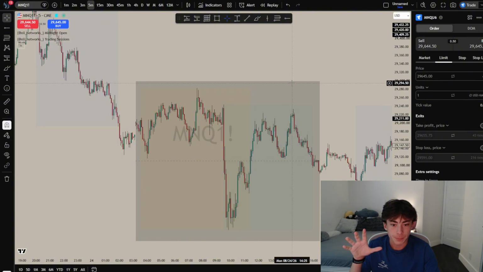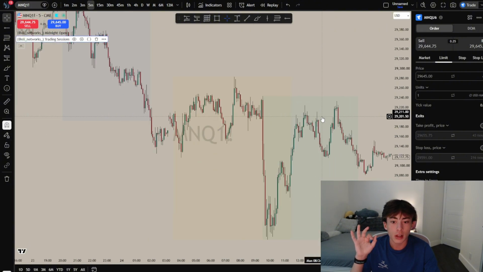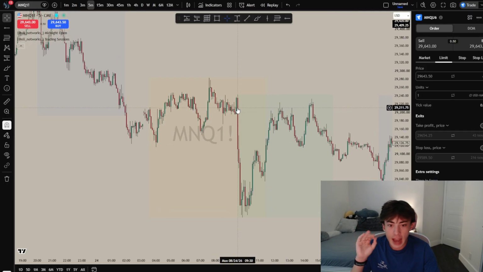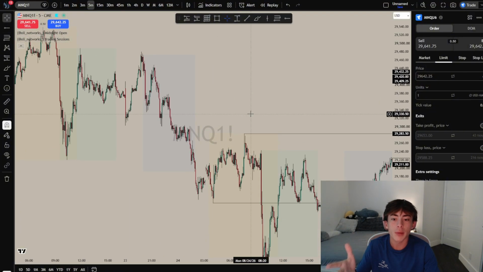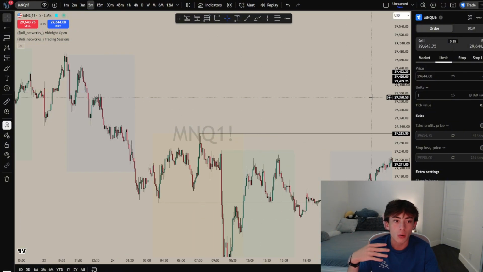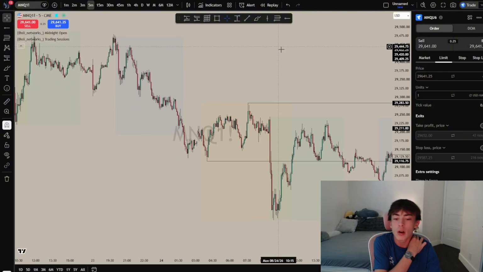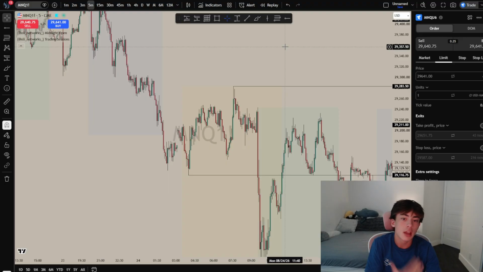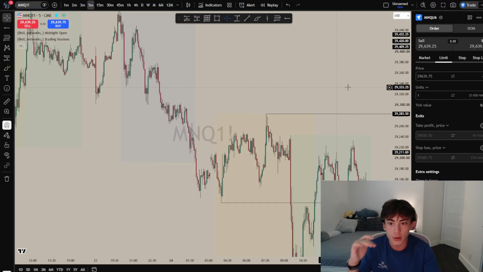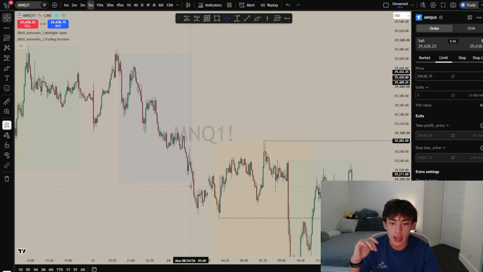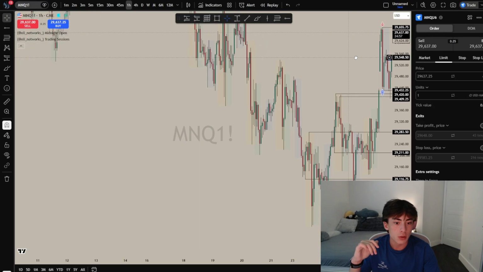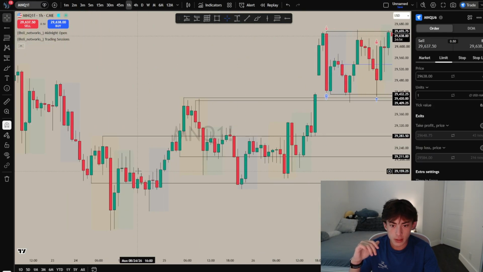Another good example here. Perfect example of it taking a long time. Here we see we accumulate, 9:30 opens. We have a low and we have a high of a range. Now you're really wondering, well, how do I know which highs and which lows to mark out or for price to target? Perfect question. Session highs, session lows, and higher time frame highs and higher time frame lows. Price loves to go target those session highs, there's a lot of orders at that high. So we have Asia session high and Asia session low, London session high, London session low, and we can even scale up to a different time frame,